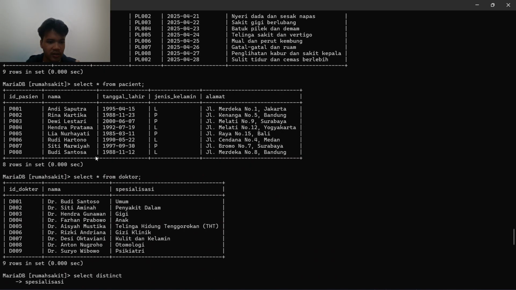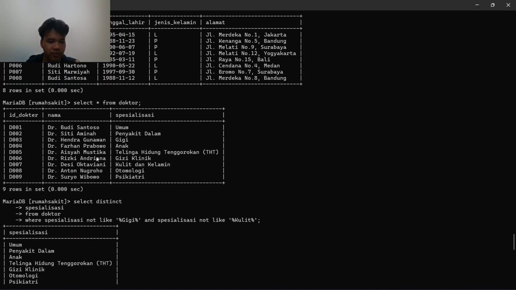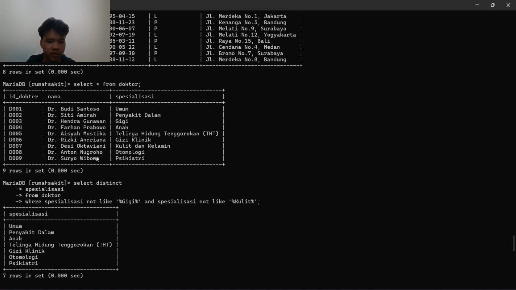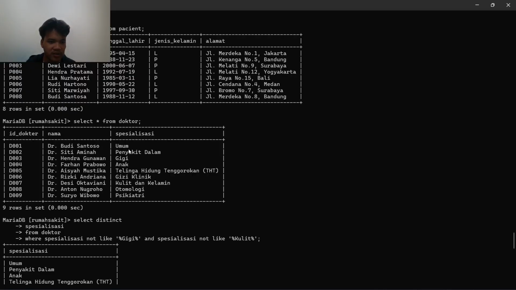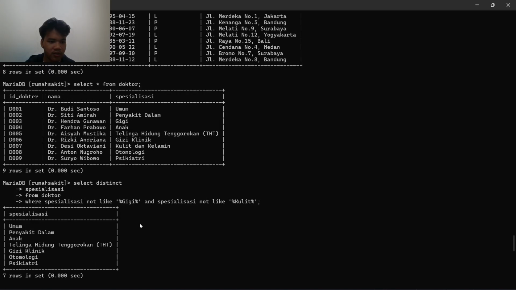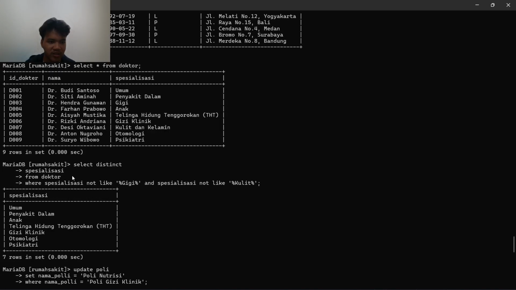Okay, so the next one is we have to show the specialisasi, or the doctor specialist, that doesn't contain the word gigi and kulit. To do that, we use select distinct on the column specialisasi from the table doctor, where specialisasi is not like gigi and not like kulit.